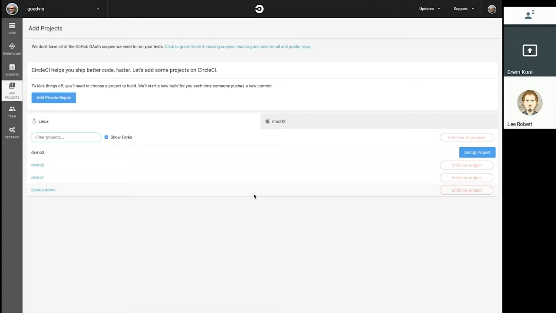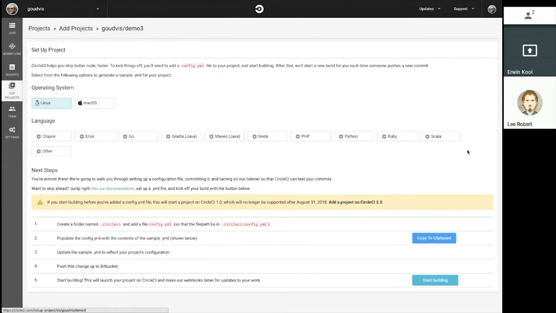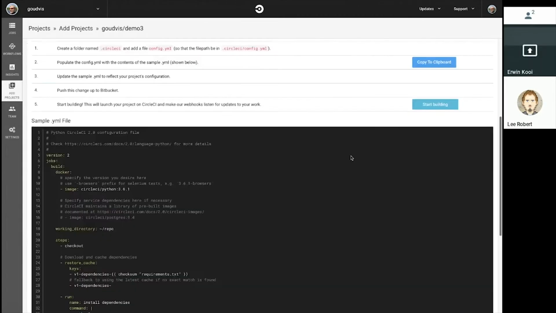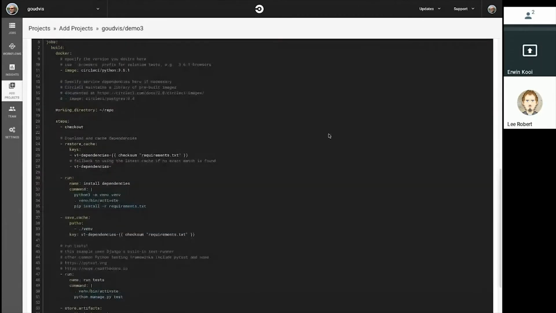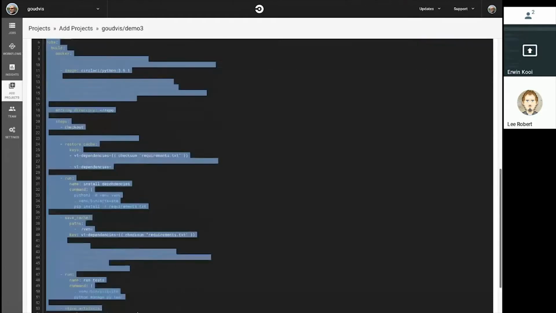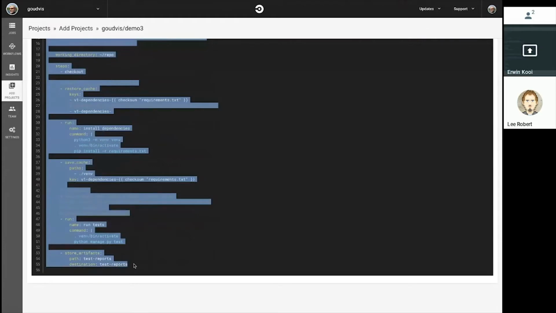So Circle is now able to look into my Bitbucket and see that I created a new repo, and here I can connect that repo to Circle by clicking Setup Project. I tell Circle that it's a Python project, and it provides a sample configuration file. So I'm just going to copy this thing,